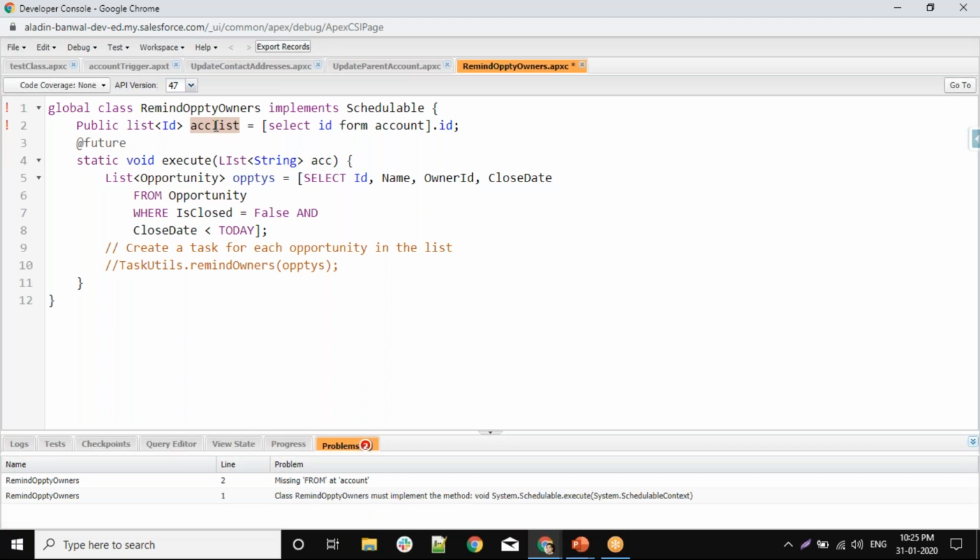Okay, so now you can pass this because it is a list of Id, and you can pass this as a value.